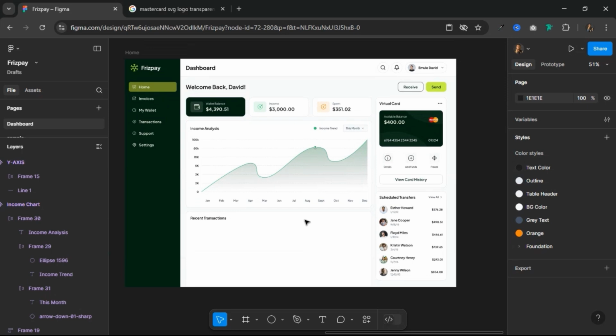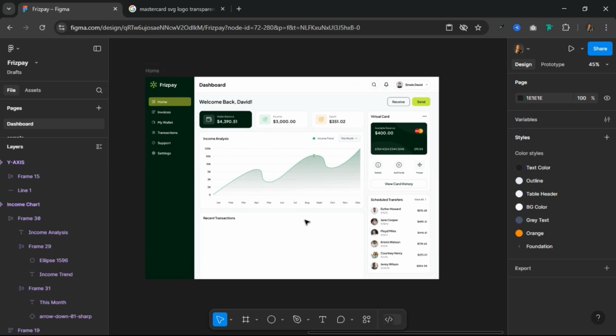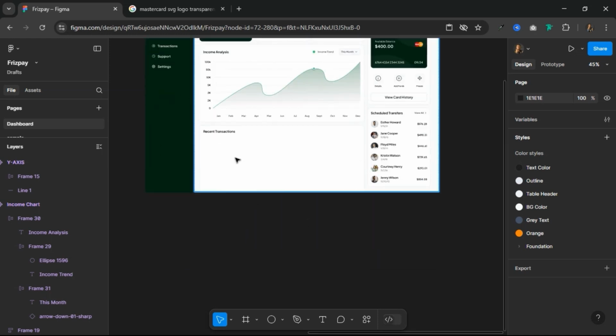So the last thing we're going to add now is tables. So it starts being a long ride. So we're just quickly going to add the tables for the recent transaction, and we're going to call it a day. So without wasting any more time, let's just quickly dive right into that. So to create the tables,